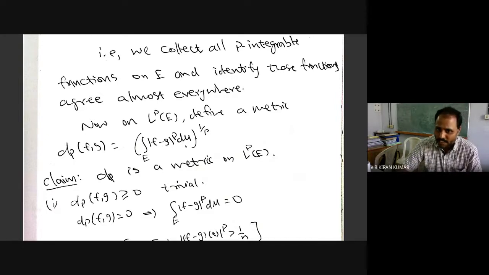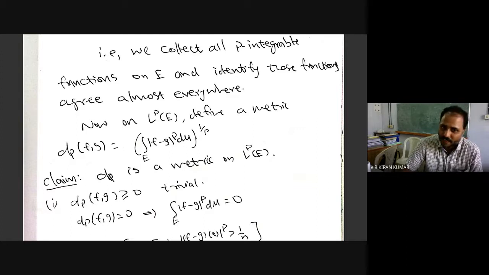We will prove that this is a metric, but before that you should keep another thing in your mind. Suppose you take E to be the set of natural numbers, and instead of Lebesgue measure, you take the counting measure. I did not introduce counting measure, but it is very simple. If you have a finite set, you give the value as the cardinality of that set, the number of elements in that set. And if you have an infinite set, you simply give infinity. If you introduce integration in the same way, then capital L^p can be identified with small l^p. So you can keep in your mind that small l^p is actually a special case of capital L^p.